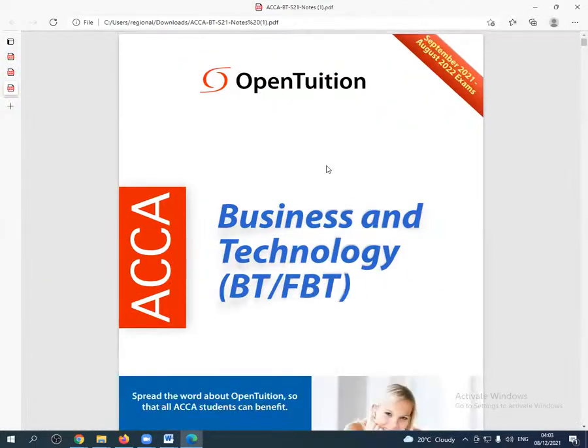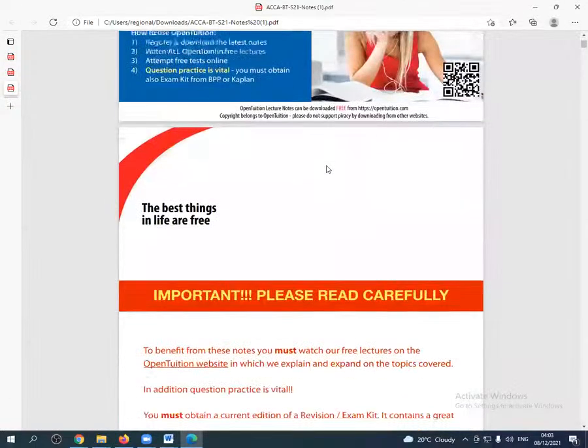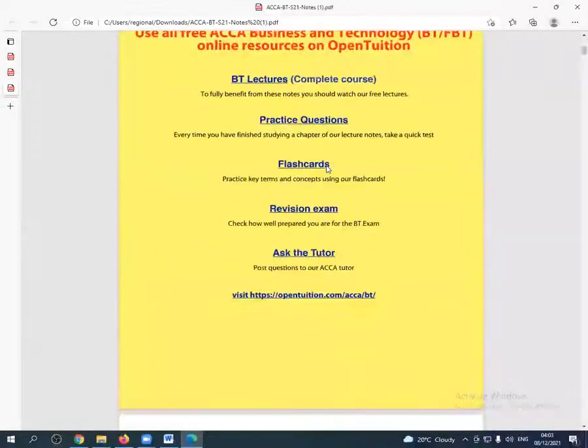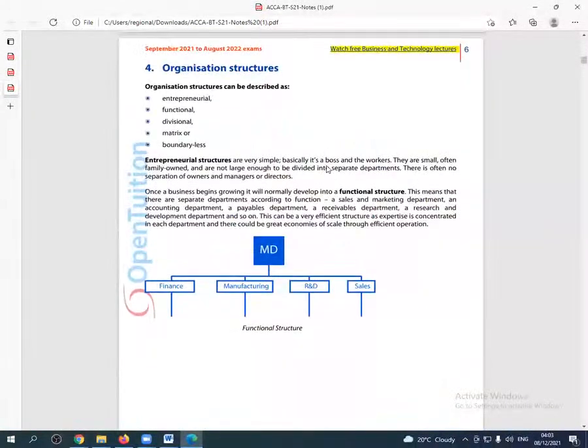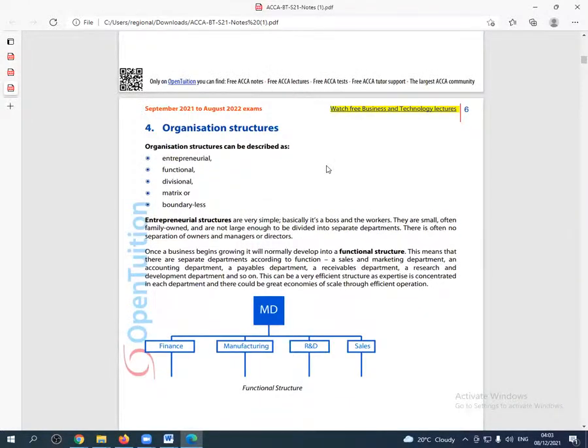So remember that you have this book with yourself. It's an ACCA book, quite a nice book. And I would want us to look at something very small about organizational structures. The organizational structures, ladies and gentlemen, that I would want us to look at today are only two. The ones that I'm interested in to be able to answer my today's questions are only two of them.